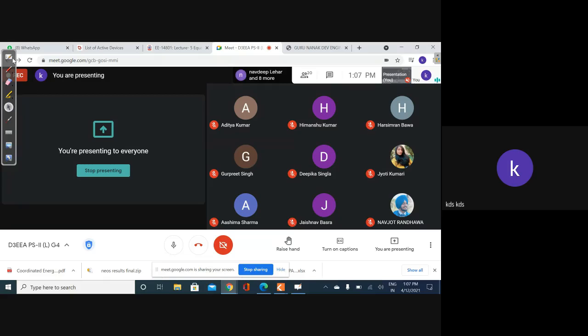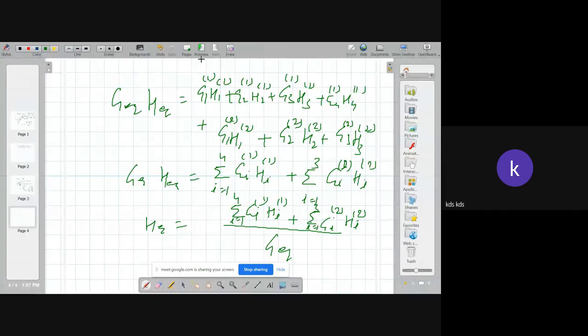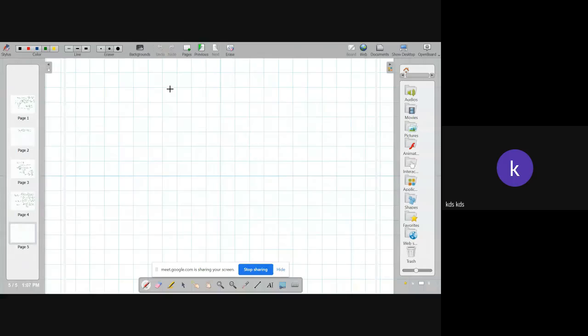Now I go to the next topic, which is the power angle curve. So this was the swing equation and swing curve. Another topic which is important for stability analysis is the power angle curve. So we are considering the plotting of power angle characteristics using the power angle equation.